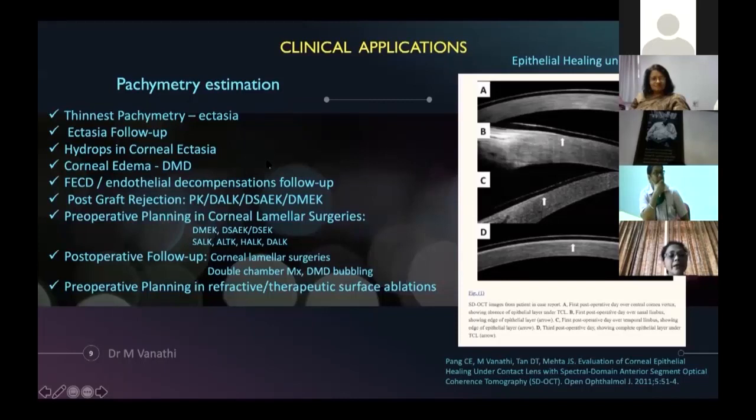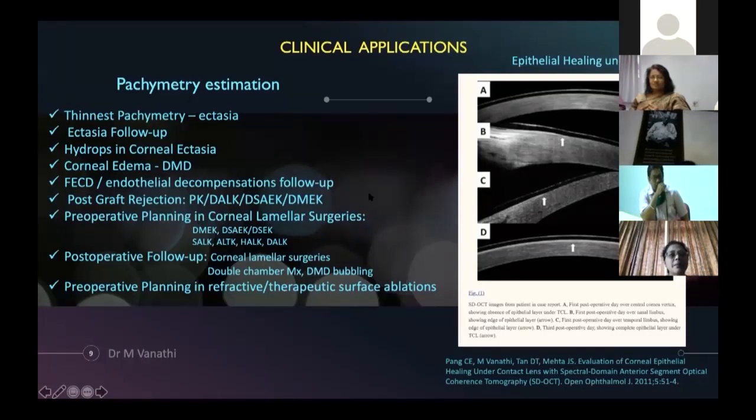You can image them in hydrops when you would like to look at the intrastromal clefts of fluid collection, in corneal edemas where you look for Descemet membrane detachments, and in endothelial decompensations, commonly Fuchs endothelial corneal dystrophies here, when you are imaging them early on and you would like to look at their pachymetry and see how it behaves during the course of follow-up.